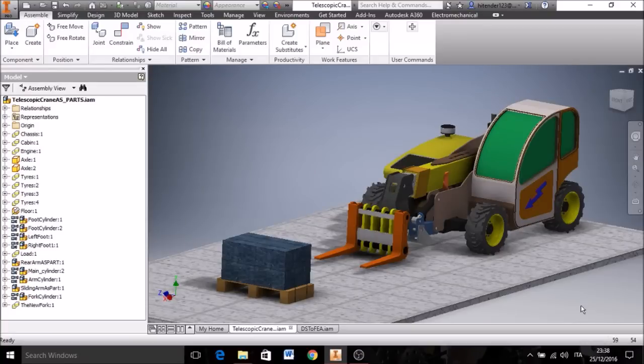Hello everybody, this is Hitendra and this video is about exporting a part of the boom of a non-rotating telehandler from the dynamic simulation environment to the stress analysis environment to see whether this part is able to withstand the load applied